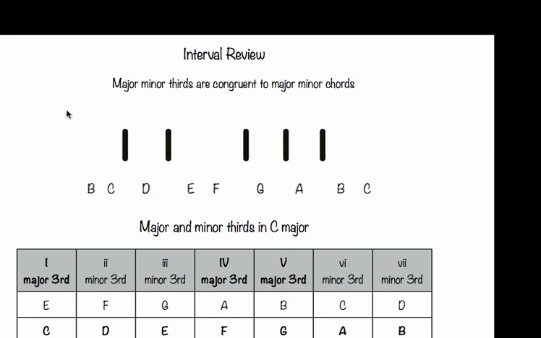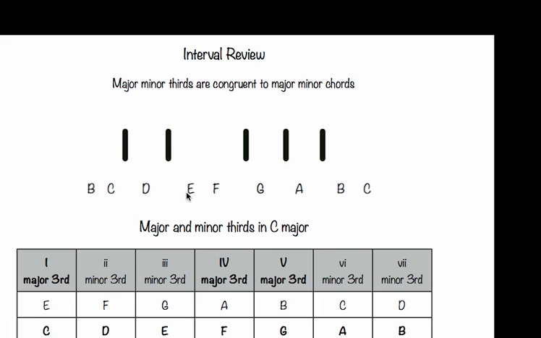So here we have a kind of representation of the keyboard, and down below we have a chart with the scale tones on the bottom in bold. So here's our C major scale, C, D, E, F, G, A, B. And above each of these tones is a third. And using this chart here, we can see, oh yes, that is a major third,